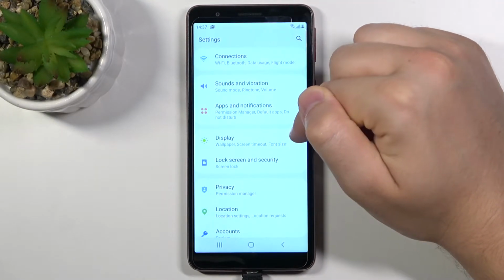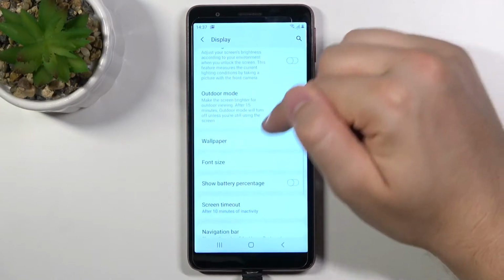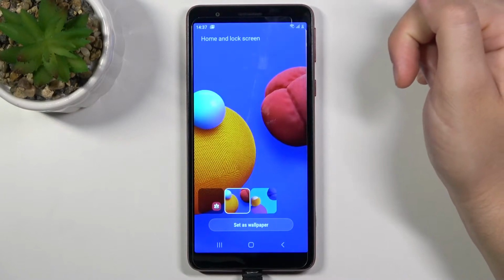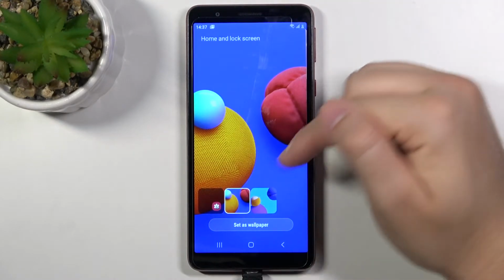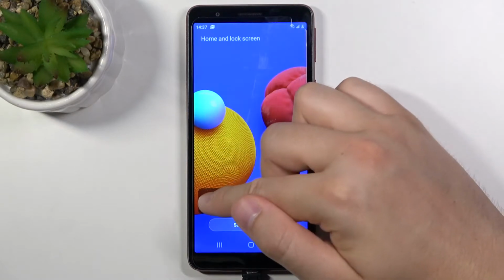Next you have to go for the display. Right now you have to go for the wallpaper. And as you can see, you can choose one of the following wallpapers, but you can also go for wallpaper